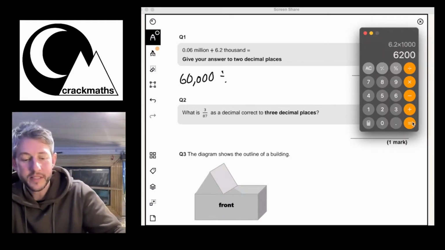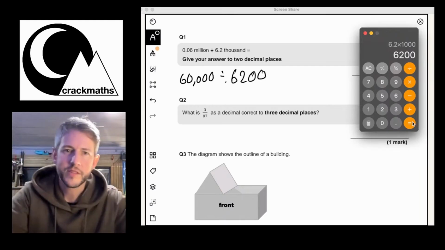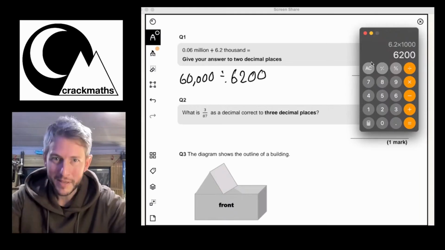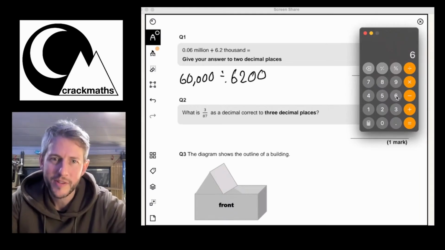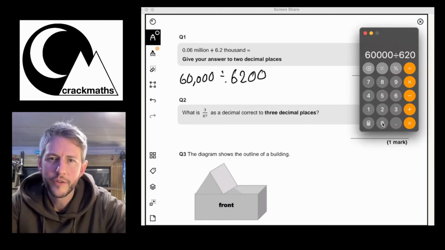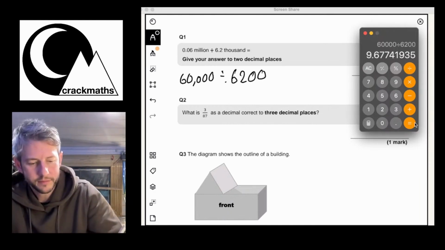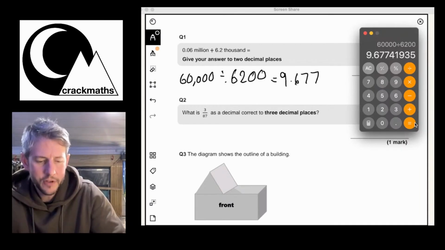And that equals 6,200. So now what I need to do is 60,000 divided by my 6,200. So 60,000 divided by 6,200. And here we go, this equals 9.677, which equals